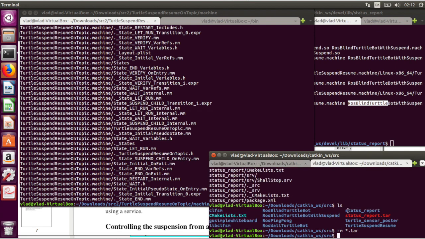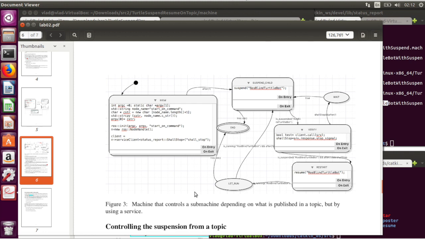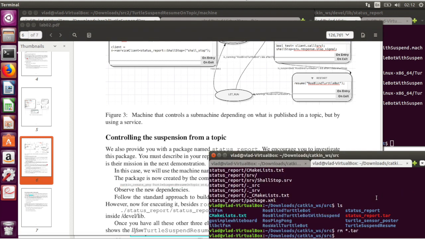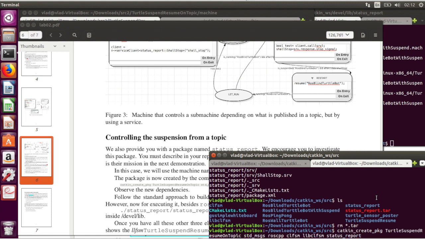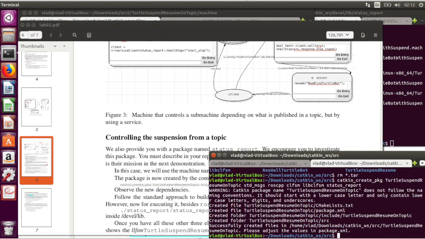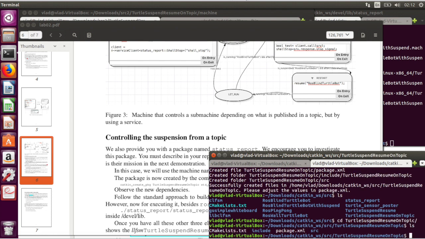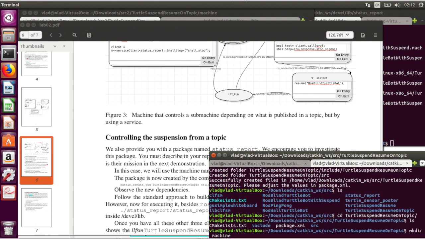So now we need to create the package. Remember, the instructions here will tell us that the package is created a little bit differently because now this machine depends on status report. So we're going to create the package slightly differently. Again, an illustration of a machine that depends on something a bit more complicated. So the package here now for on topic is a bit more complicated. So we're going to go to that machine, and there's nothing there, so we do for the very first time the machine